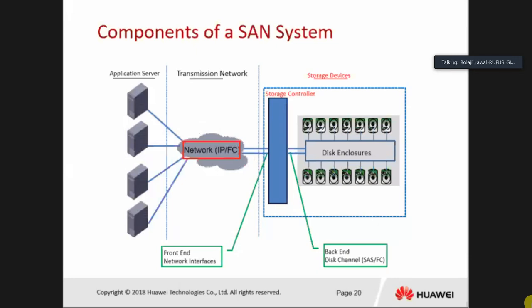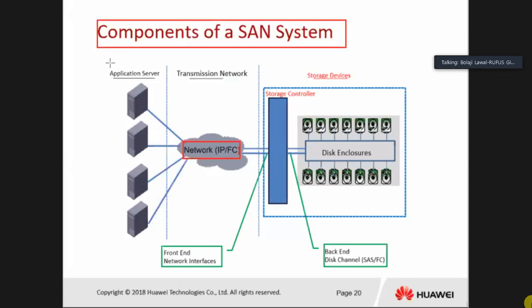So that is that. Then we talked about this yesterday. So we want to look at the component. I showed in this diagram, a complete SAN system commonly includes the front end application, which is this, then the transmission network, then the storage device. That's for this. The components are these: